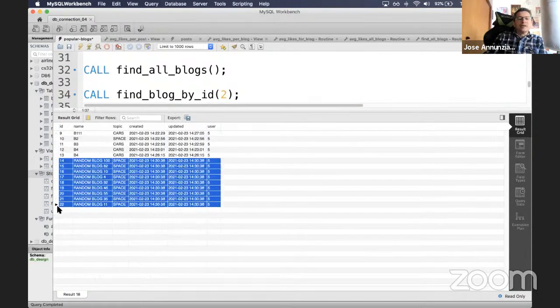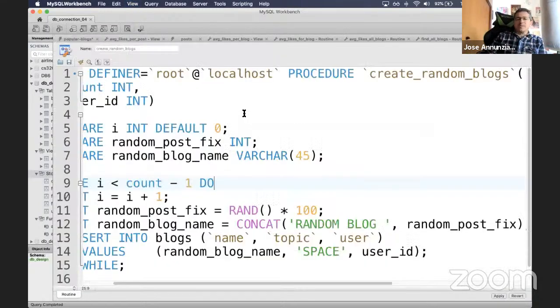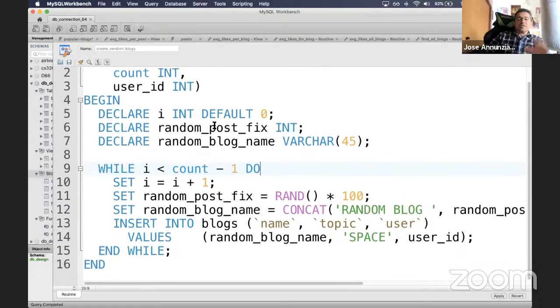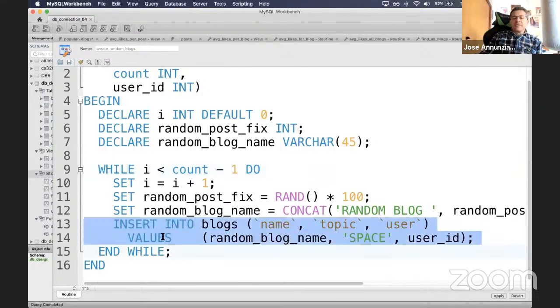Okay, those are the 10 random blogs. So random blog number 100, 82, 10, 4, 92, yada, yada, yada, all space and all belonging to user number 5. That makes sense, right? So this just gives you a glimpse of what is possible. Obviously in here, you can do all sorts of very complex operations on deciding what you want to insert, what you want to update. So you can have a fairly complex algorithm